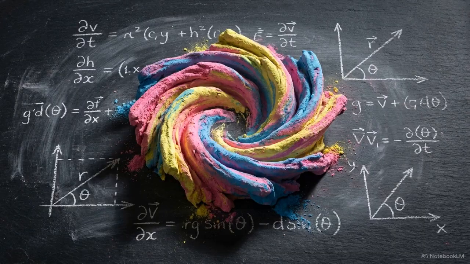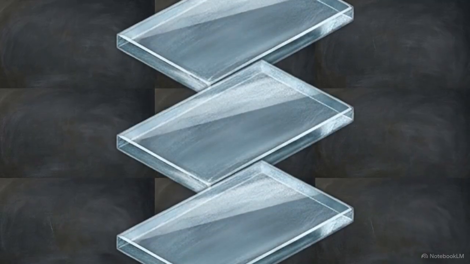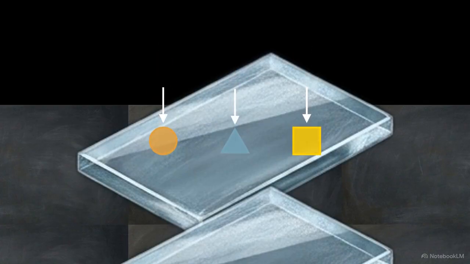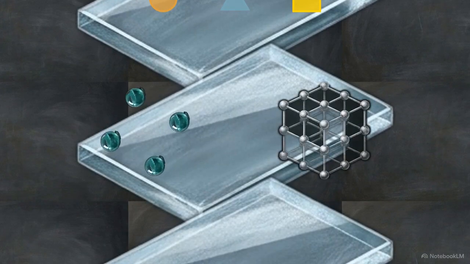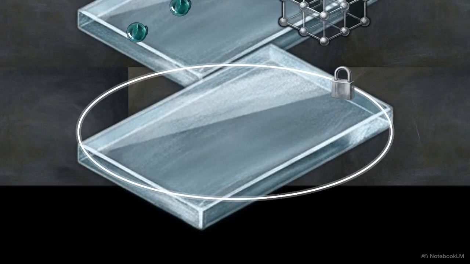To accomplish this, we have to strip away the visual noise of the universe. We must organize reality into 3 strict, independent layers of mathematical rules. The first layer consists of universal laws. These are the absolute rules of physics that apply everywhere, regardless of the material involved. The second layer defines the specific material. A fluid behaves differently than a solid, and these local properties require their own mathematical descriptions.